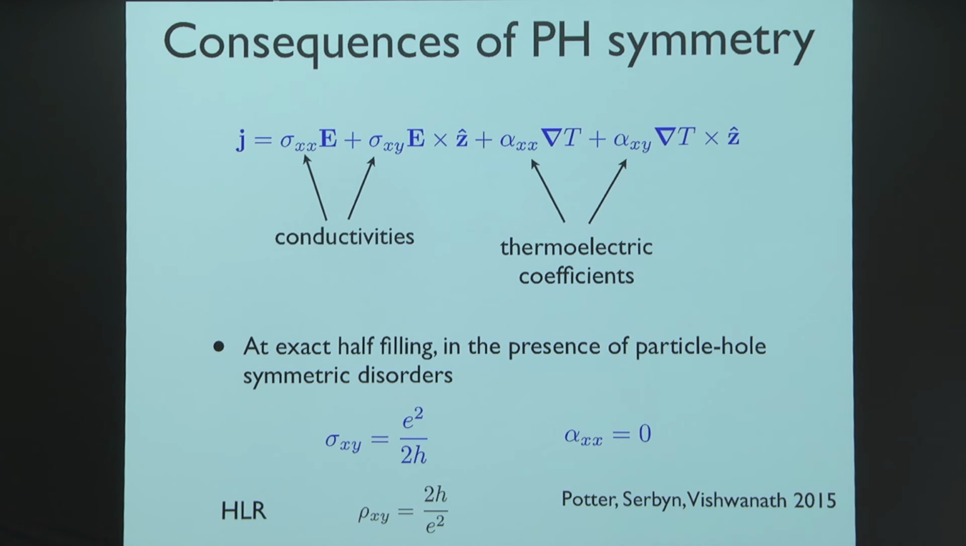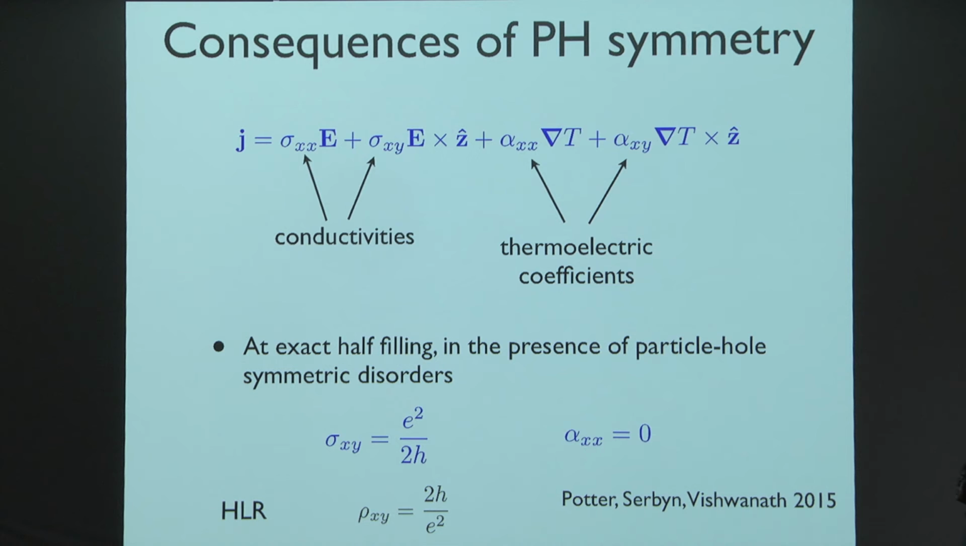Various other consequences of particle-hole symmetry can be derived. They are not necessarily a sign of the Dirac nature of the composite fermions, but would be a sign of the fact that we have particle-hole symmetry. So, for example, the conductivity that we can measure experimentally, sigma xx and sigma xy, at exact half filling in the presence of particle-hole symmetric disorder, sigma xy has to be equal to a half of the quantum,